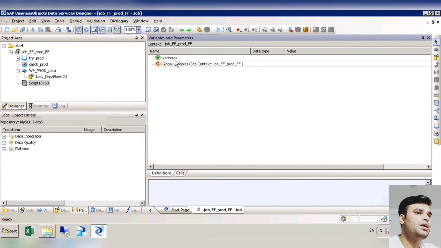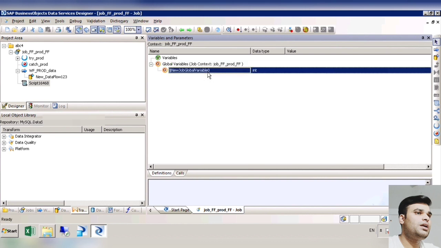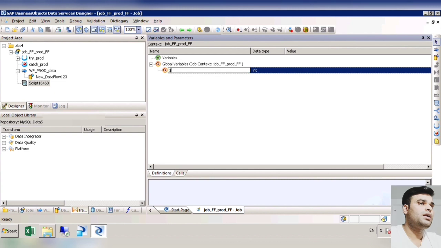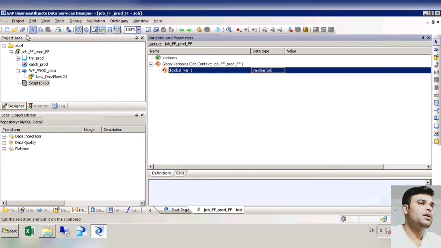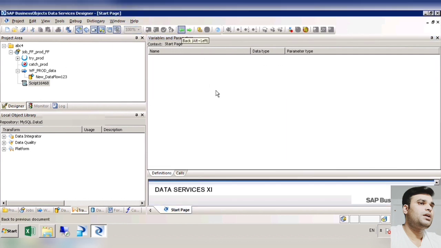It can be at the database, it can be at the workflow level, or it can be at the script level, or it can be at the data flow level. If I define a variable, normally variables are defined with a dollar sign, so I would say $var1. The variable name is this, and it can have different types, like date, time, decimal, double, int, whatever. Let me put this as a varchar, varchar 50. Okay, this one. Let me save it again.